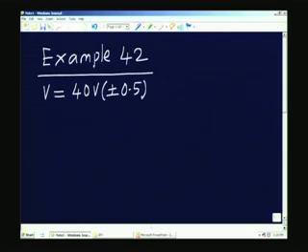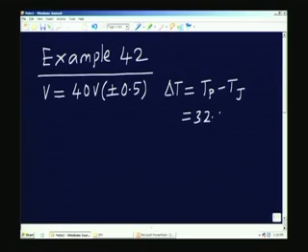This will be the error bar. I am combining it here. We are also given that delta T is nothing but the plug temperature minus the jacket temperature, and these two are given: 32.9 minus 28.2. These are the two measured values. This will give you 4.7 degrees Celsius,